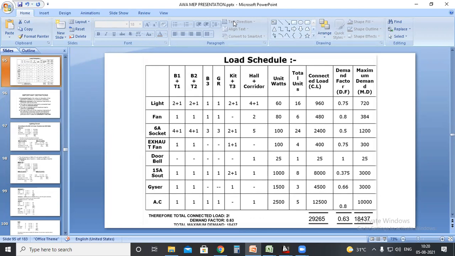The number of points is greater than 10. So it is sure that we will be having two circuits. So I just want to know what will be the load for circuit 1 and what will be the load for circuit 2. You can split the circuits as you wish, not an issue. There is no standard to take circuit 1 and circuit 2 in a particular way. The only thing is you have to follow the standard with the circuit. Number of points is coming greater than 10. You need to take a separate second circuit.